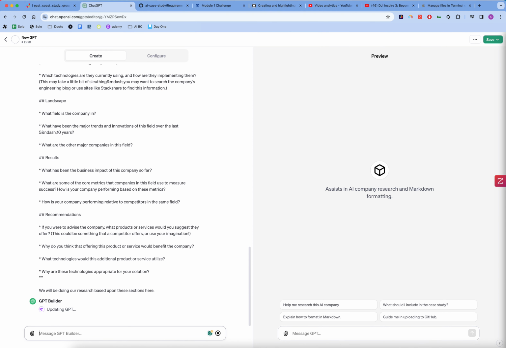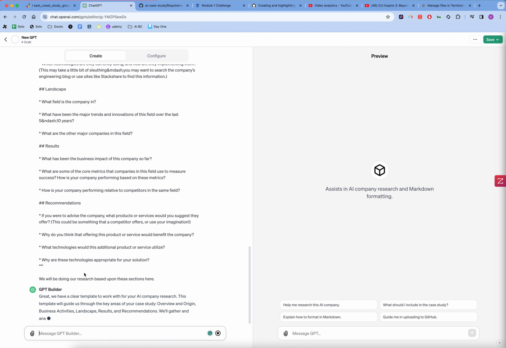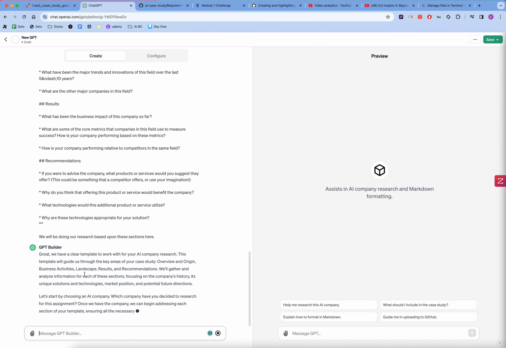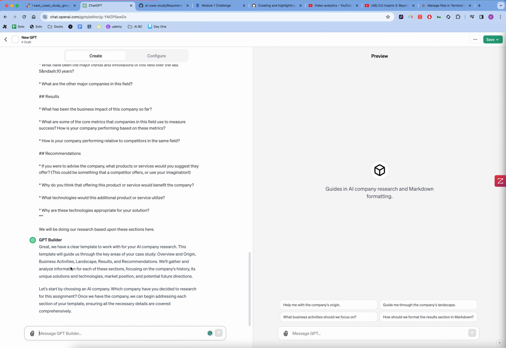Okay. Now that's going to update briefly. Still updating. I'm surprised it hasn't made us pick a stupid name yet. Alright, let's see where this gets to now. Great, we'll have a clear template to work with. This template will guide us through the key areas. Overview origin. Let's get started choosing. Okay, so again,